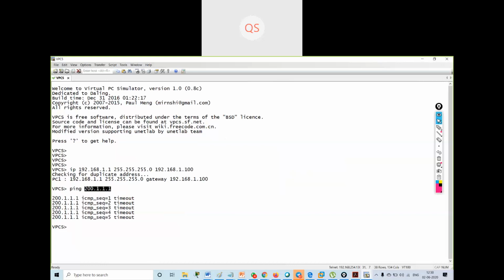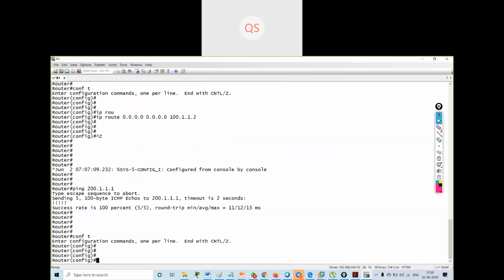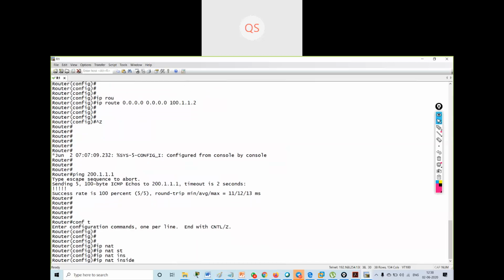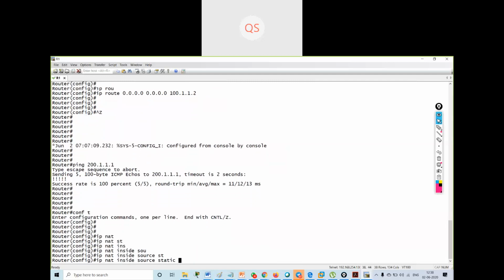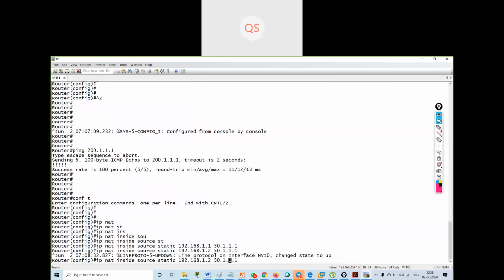So first of all, we will be seeing NATing, how to configure static NAT. To configure static NAT, I will say IP NAT inside source static, 192.168.1.1 will be assigned 50.1.1.1, and 192.168.1.2 will be assigned 50.1.1.2.